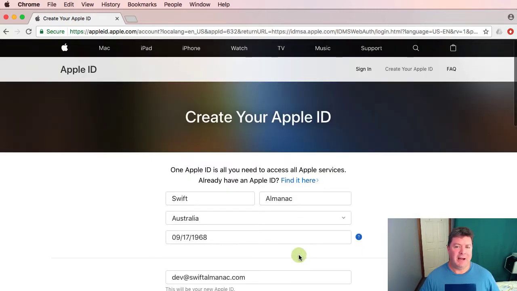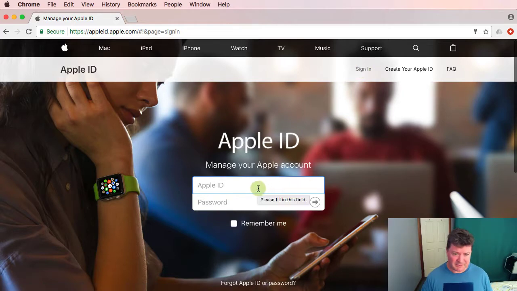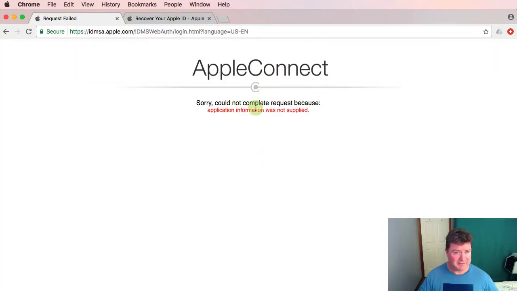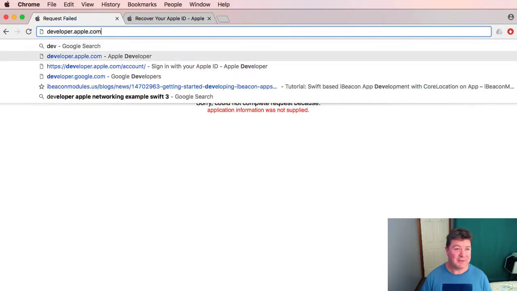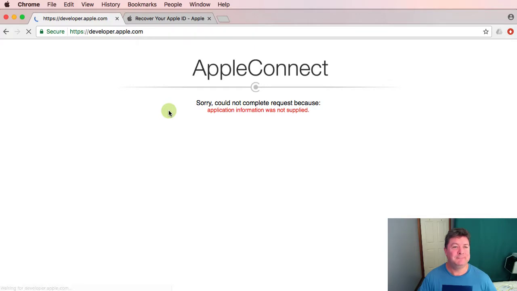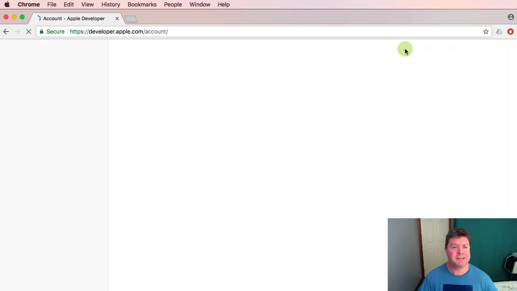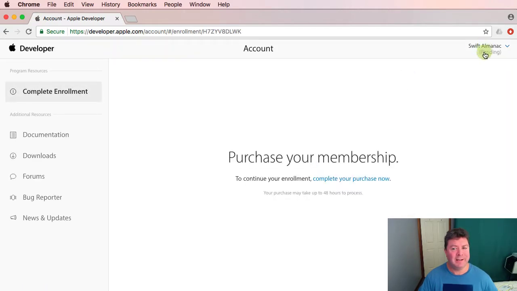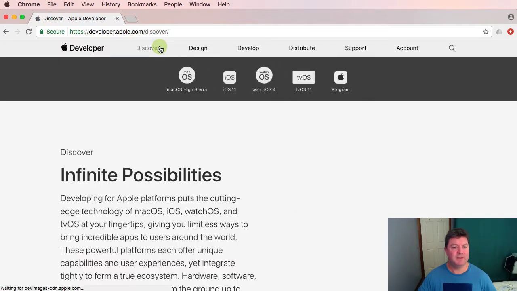Once you've verified and got your Apple ID, then you can sign in. I've already created one. Now, if you get this Apple Connect error, do not worry. Go back to the developer.apple page, go to account, and it will just say that you're pending. That's it there. You click on Discover,